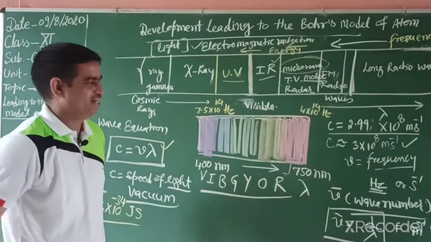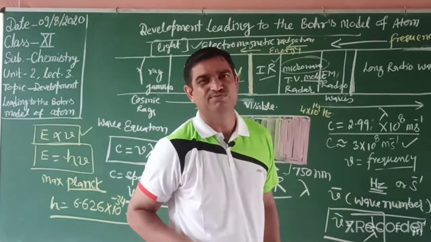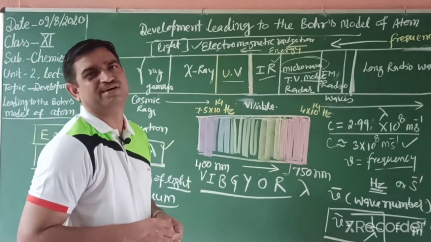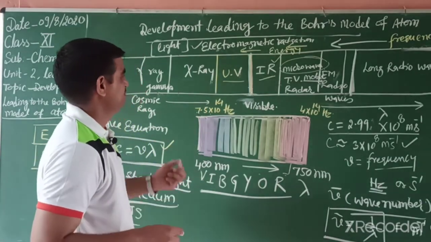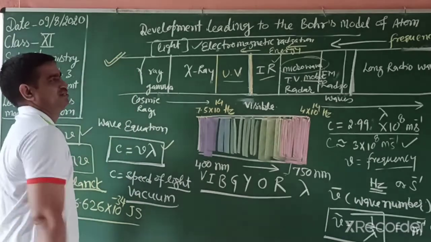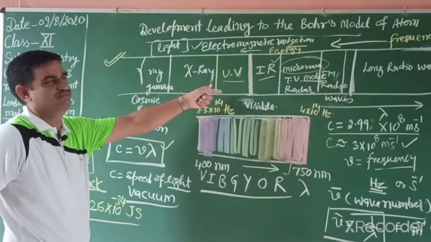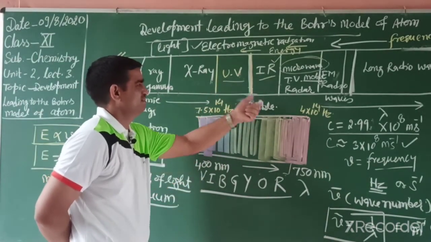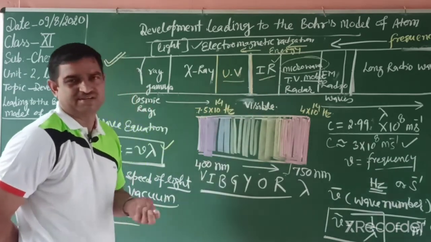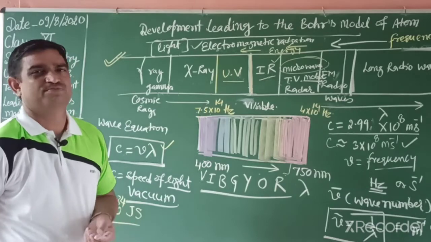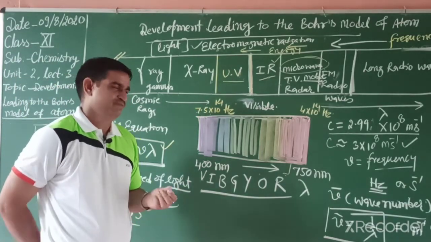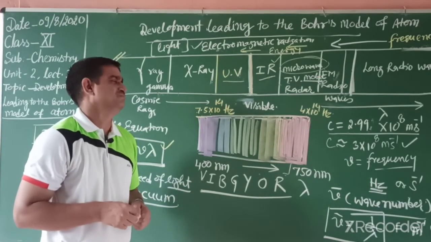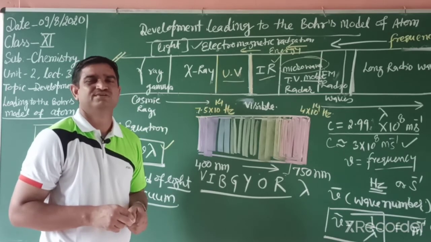So students, you can find this out, and 2-3 numericals are solved in your NCERT book. See those numericals and try to solve them. These are the most important terms. First learn them 2-3 times, then you will easily remember. This is the key point: violet is near ultraviolet, and red is near infrared. You can also learn further from different reference books, because NCERT gives only the lower values, and you can see further important uses in reference books.